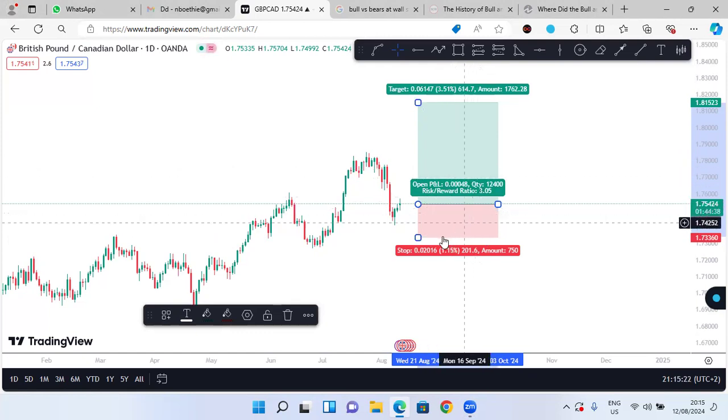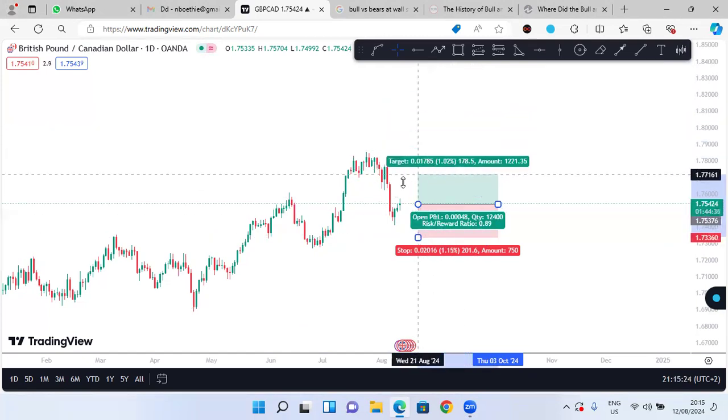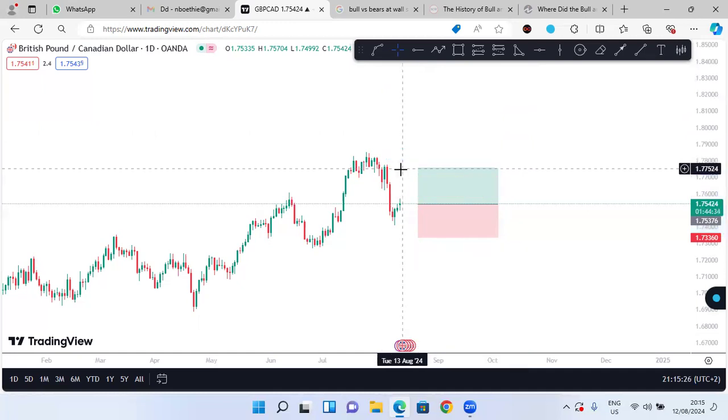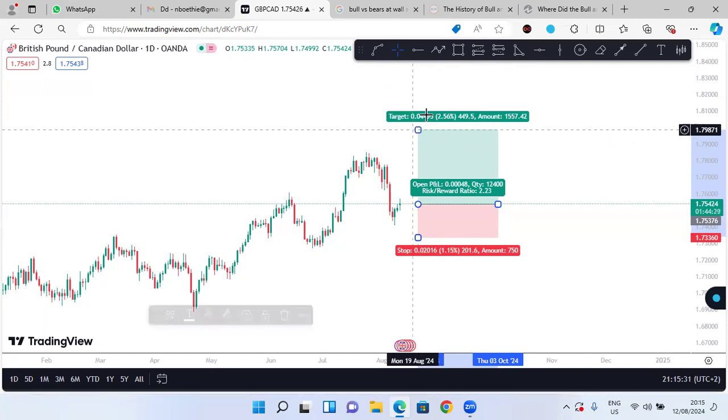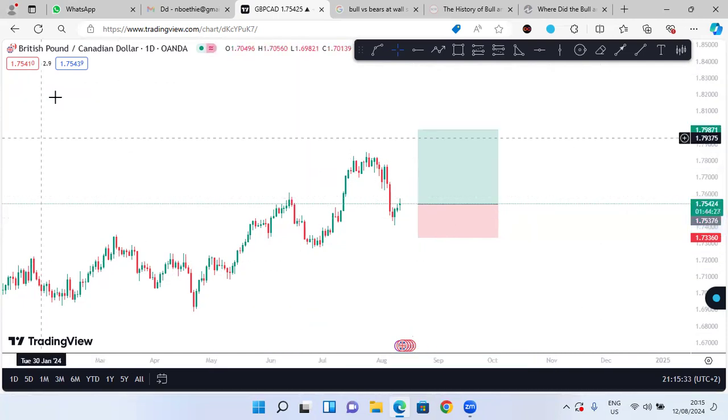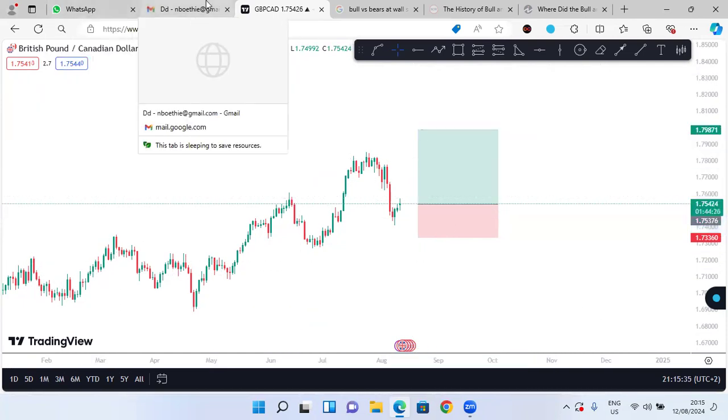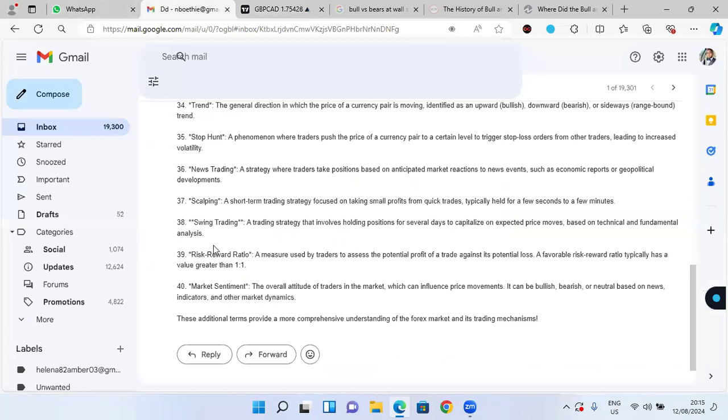Yeah. And then the correct risk to reward ratio should be from 1-to-1 and above. My recommendation is 1-to-2 and above. That is what is known as risk to reward ratio. Okay. And then we have